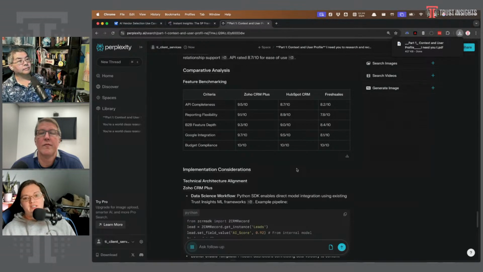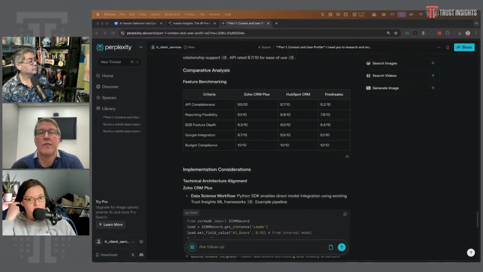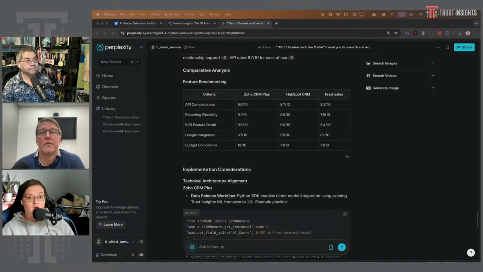What I like about this is we can see very quickly at a glance, and this can be copied and pulled out to be used in communication. If we said, for example, Zoho's not the right tool, we already know that for whatever reason, we can then prioritize what's the most important. Perhaps that's something we should have done during requirements gathering: we've listed out a bunch of things, but if we had to rank them in order of most important to least important, this would help us make the decision faster. Looking at it, budget compliance is 10 out of 10 for HubSpot,